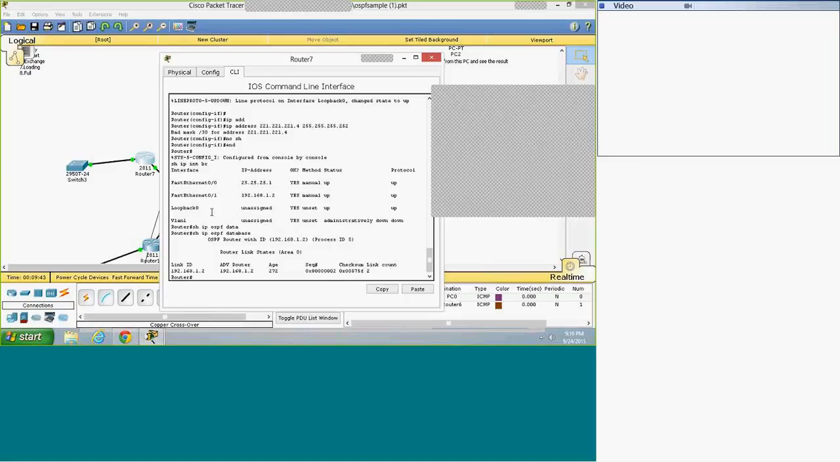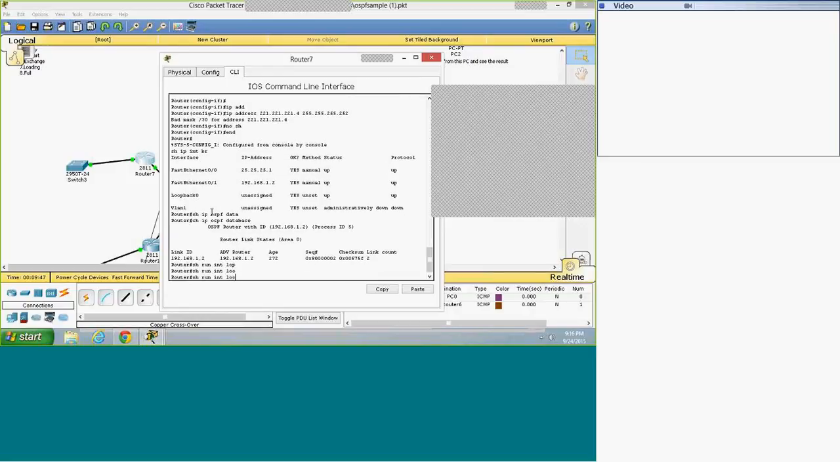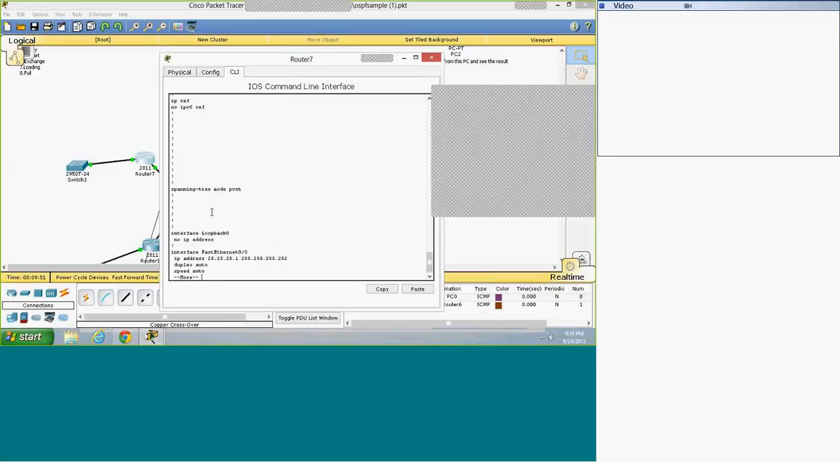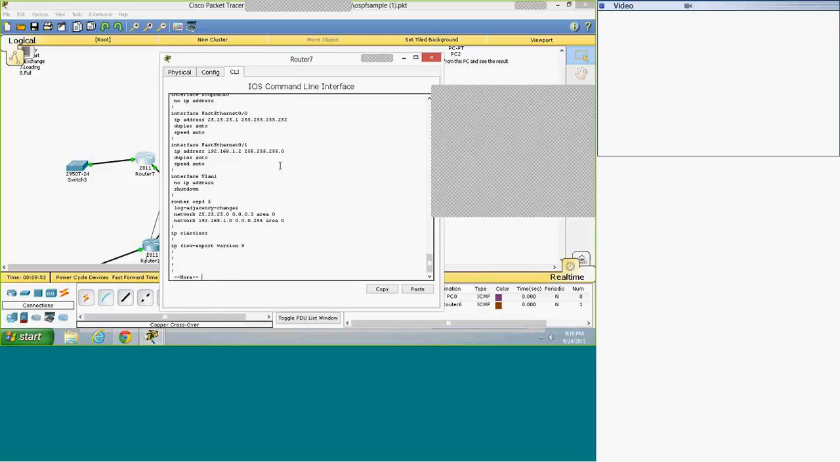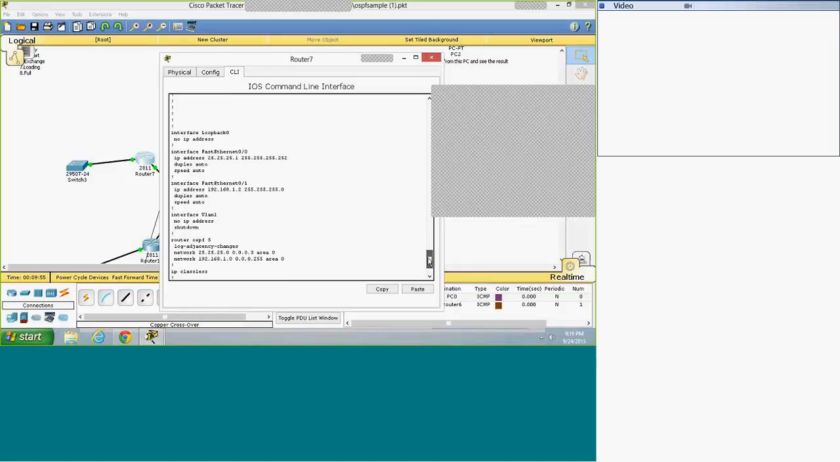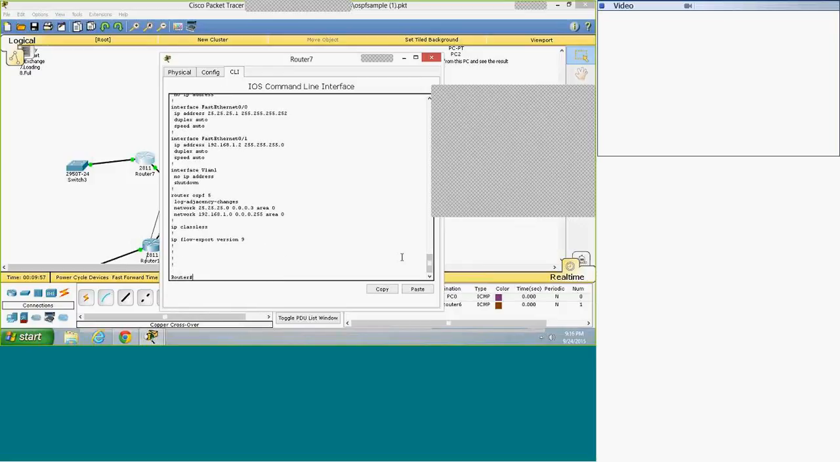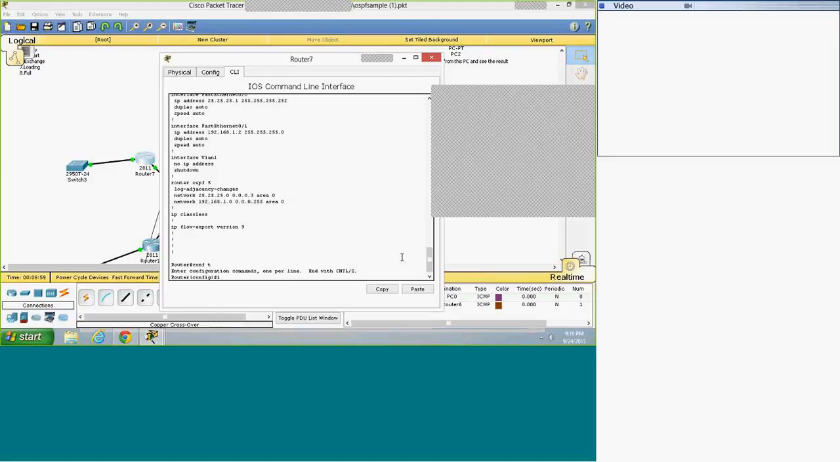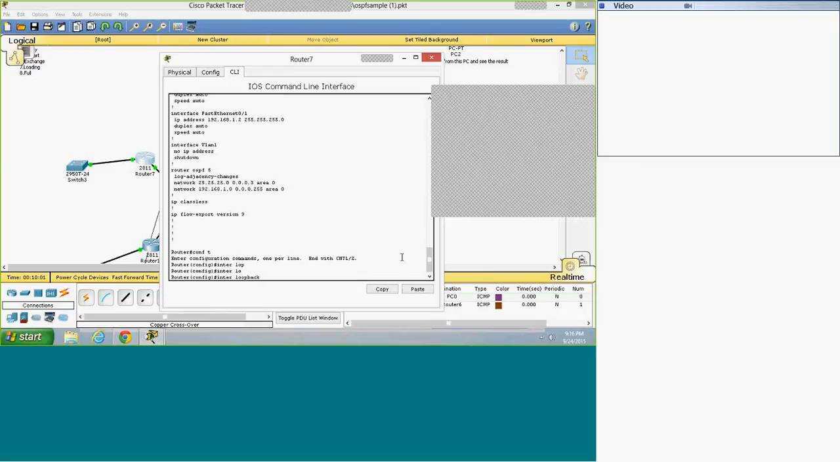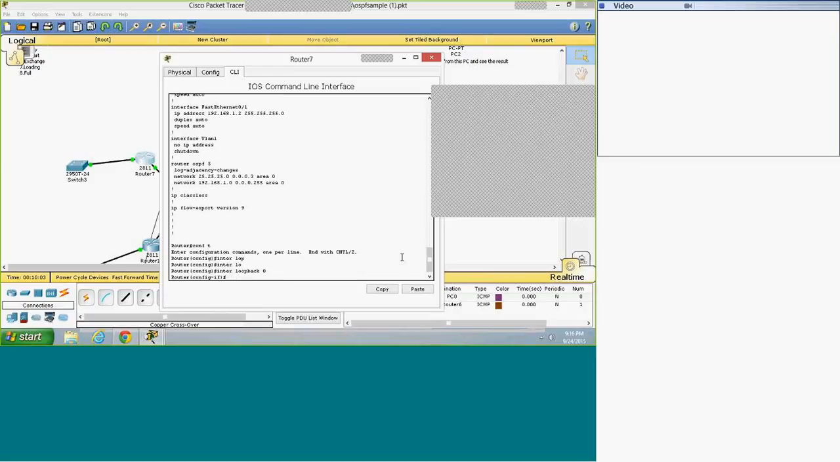Let me show again. Show run interface loopback 0. Loopback 0. I added the address, right? I did not add the address. Oh boy. Configure terminal, interface loopback 0. That's why. IP address